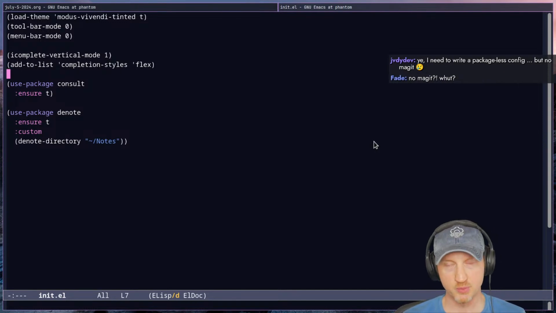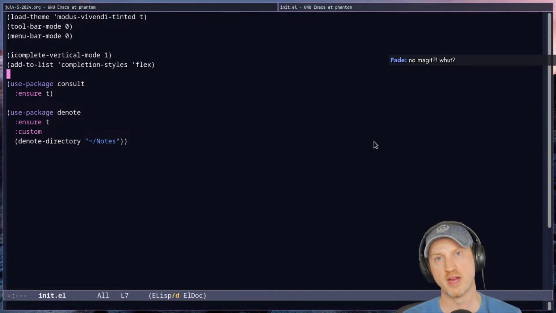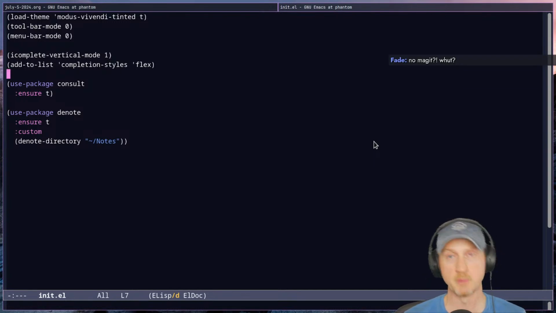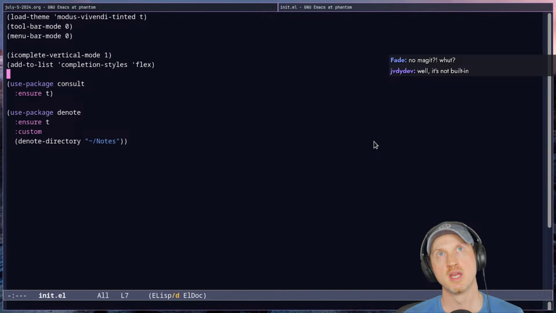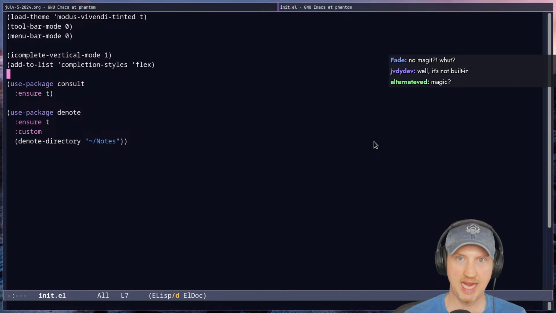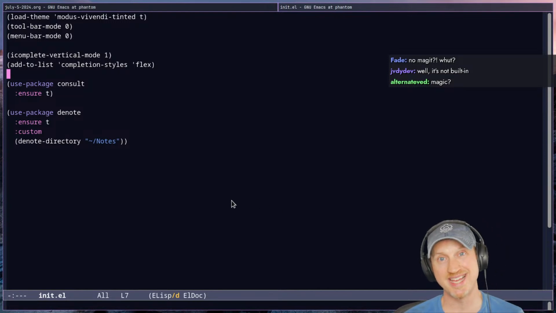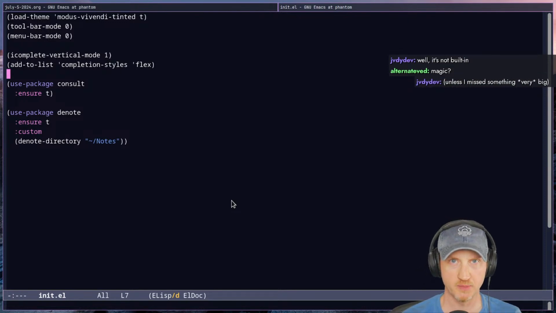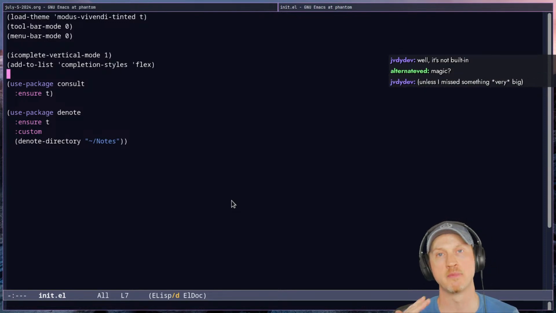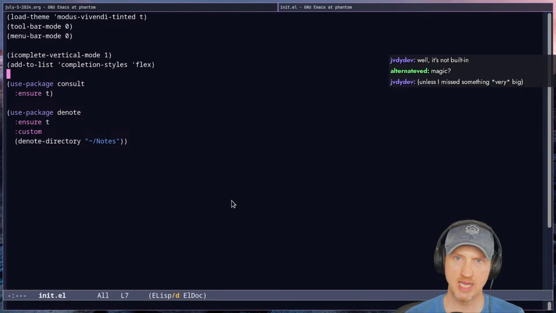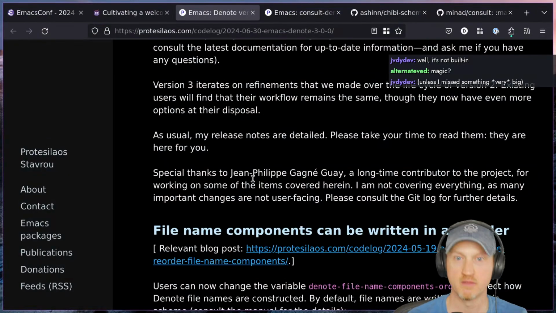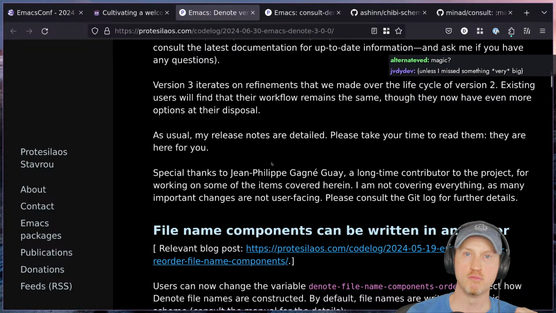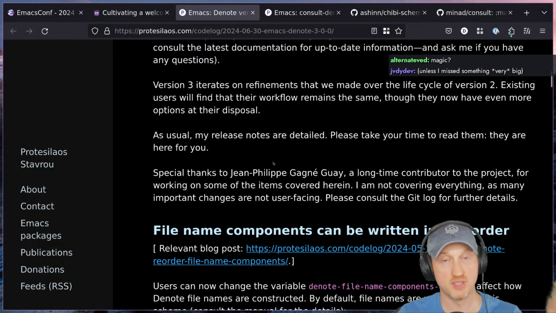OrgRoam has a database where it kind of keeps all the metadata for all of your files. Denote just looks at the file names, basically. So that makes it a bit more flexible for extension. And most of the work that's going on for Denote these days is extending that model to make it easier for you to build your own workflows, customizations, or build packages on top of Denote that give extra functionality. And I think that's the whole purpose behind V3, is to give you more hooks for customizing your own Denote